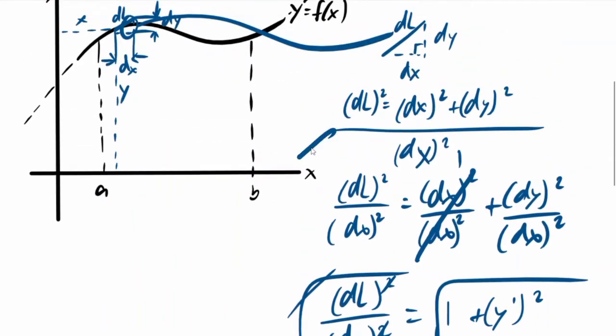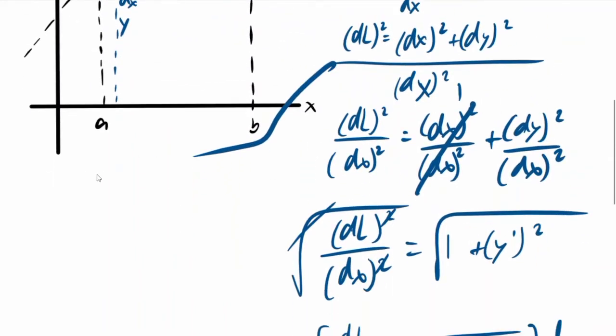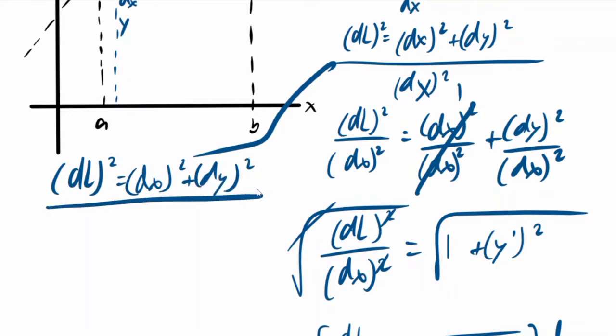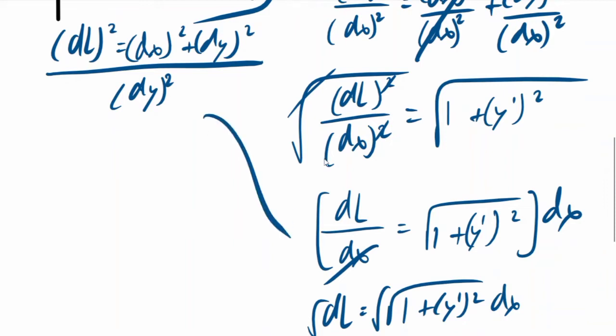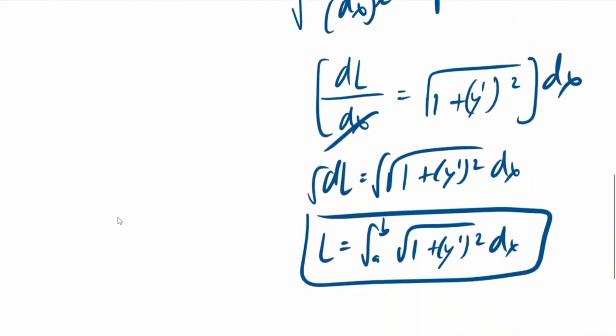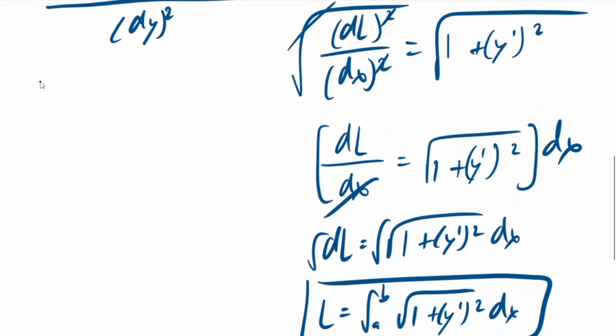Same thing, there's the Pythagorean theorem, dl squared equals dx squared plus dy squared. You divide it by dy squared. Now same thing will happen just like this, but instead of dx we will have dy. So our answer here is going to be L equals the integral of the square root of 1 plus x prime